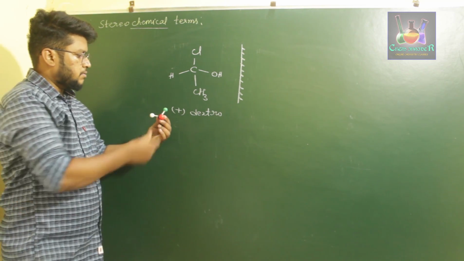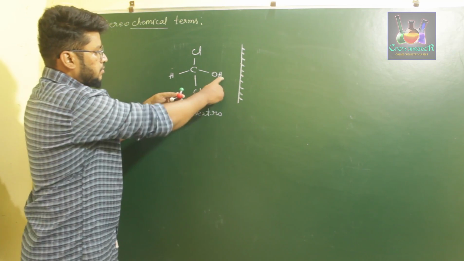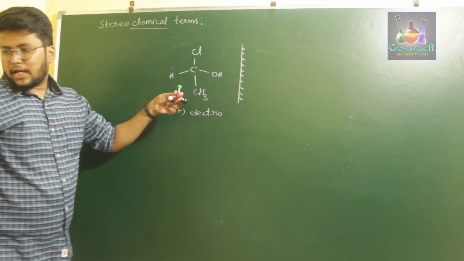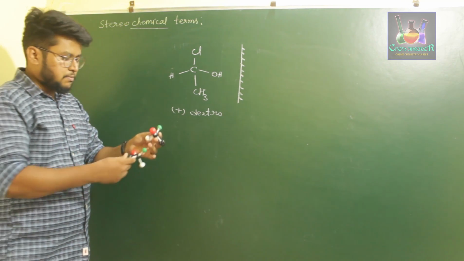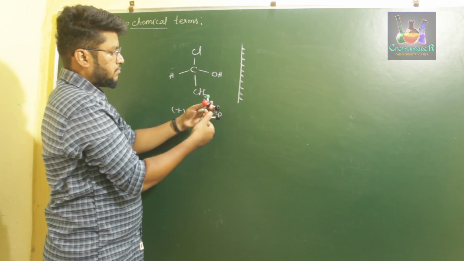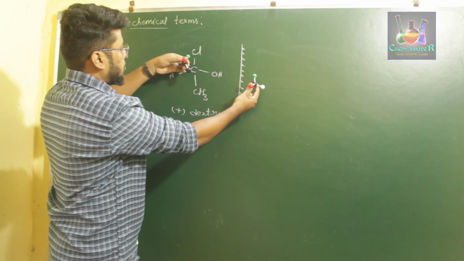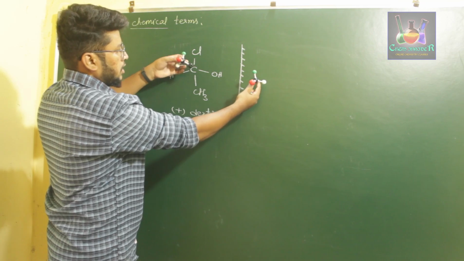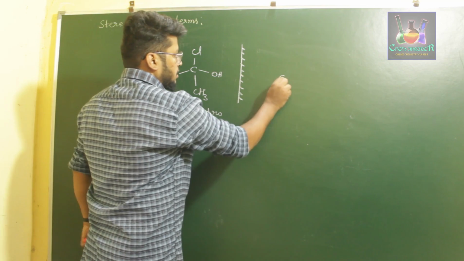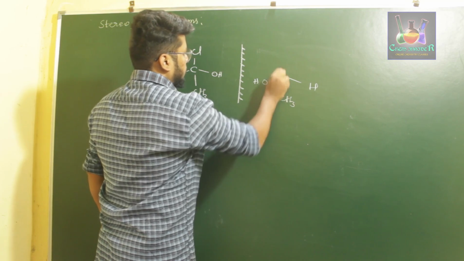If you observe this, this is the structure of the given compound. So OH, CH3 group, Cl and hydrogen atom. If you take its mirror image for consideration, the mirror image of the compound will be like this. If I write this compound as such, the mirror image will be like this. Here the carbon atom is reflecting the OH, hydrogen, methyl group and Cl group.